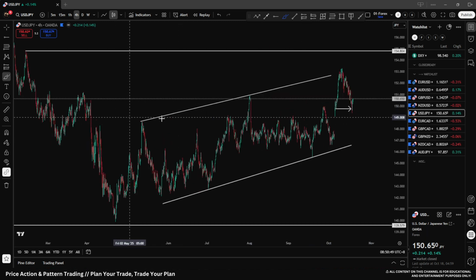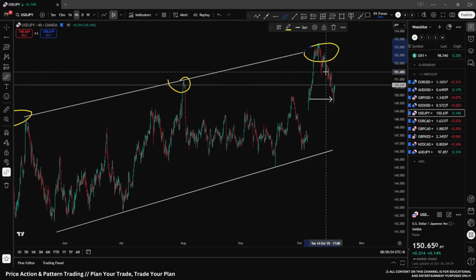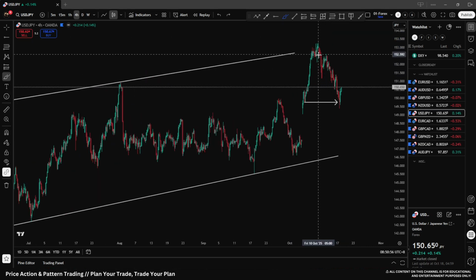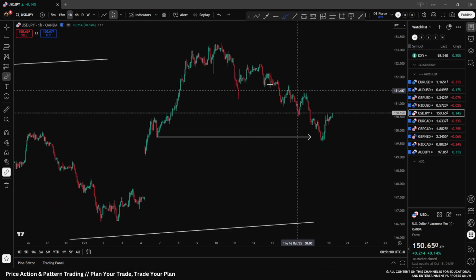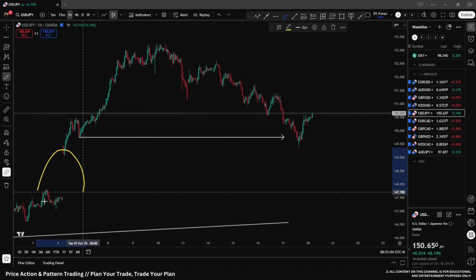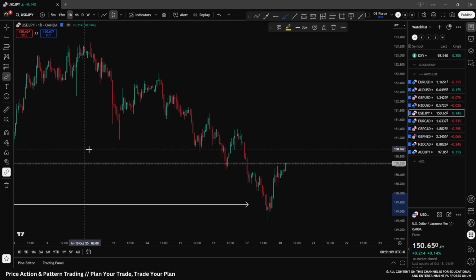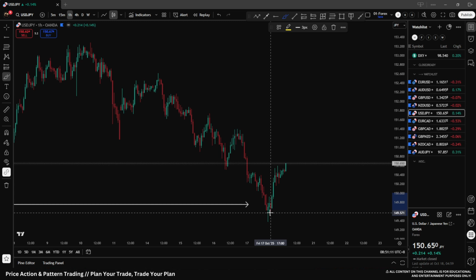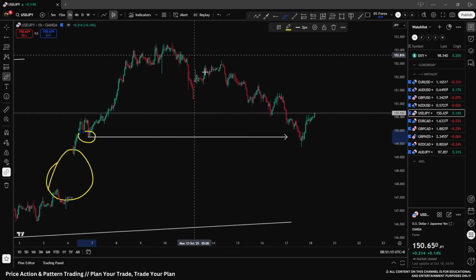US dollar yen is a bit more complex. We have here this initial 1, 2, 3, which finished. Then we had a nice reaction on the top, but overall price action is corrective, and corrective price action makes the whole setup slightly neutral. We still have here the gap to close, but we tapped this liquidity area here to the left and got a first initial impulsive move back to the upside. So keeping all these things in mind, I'm a bit neutral.